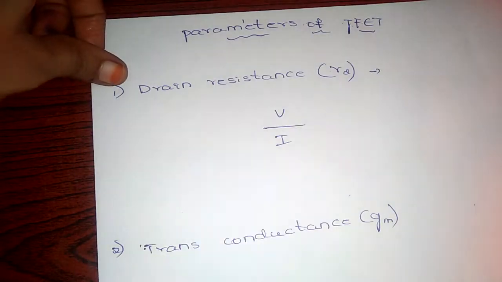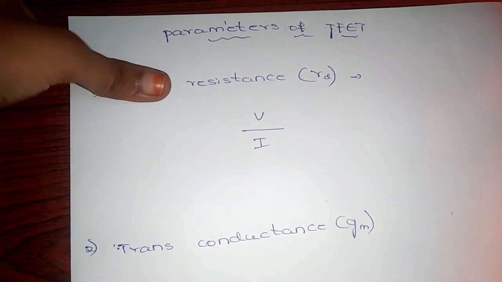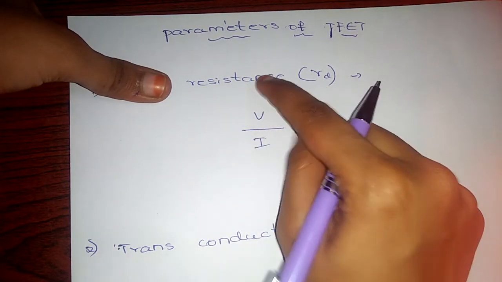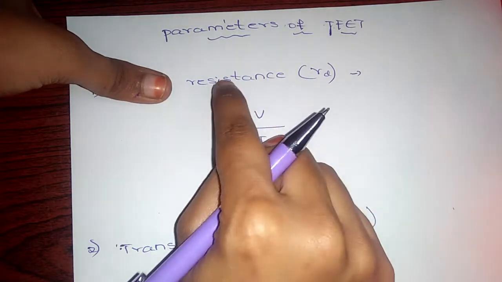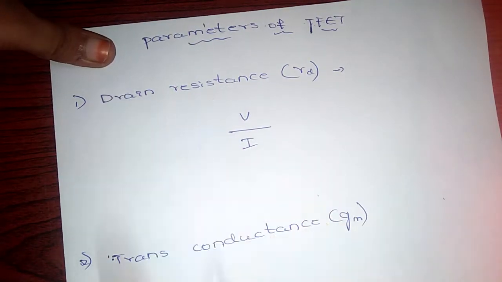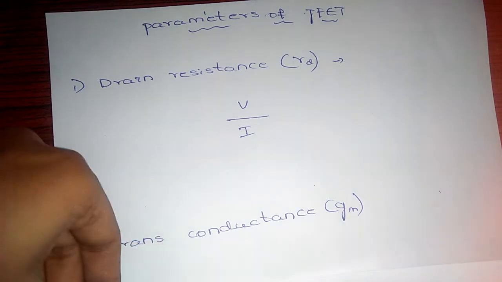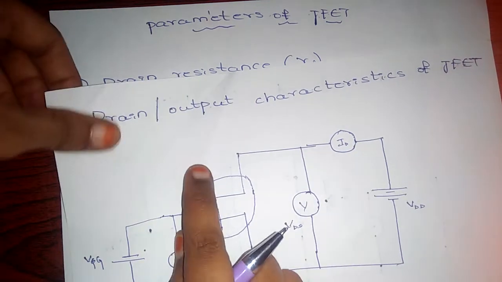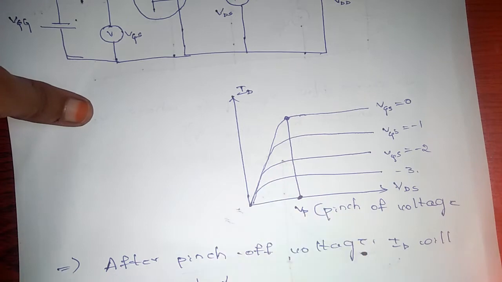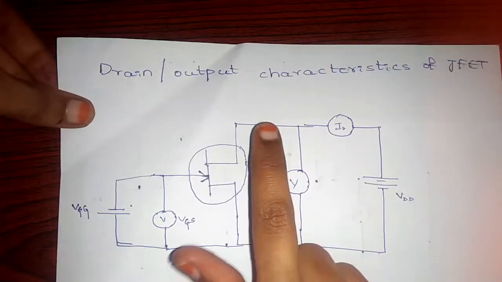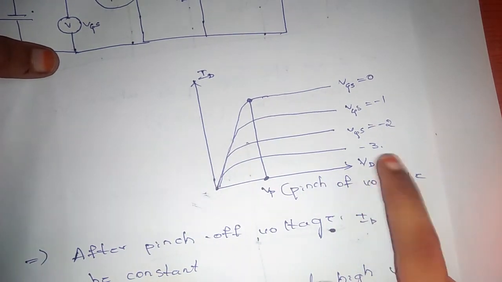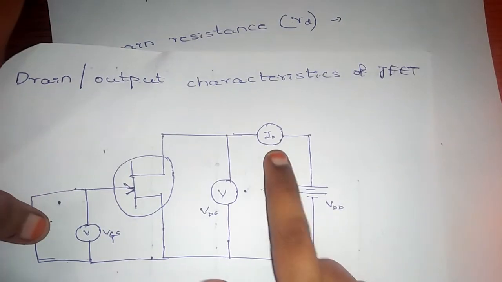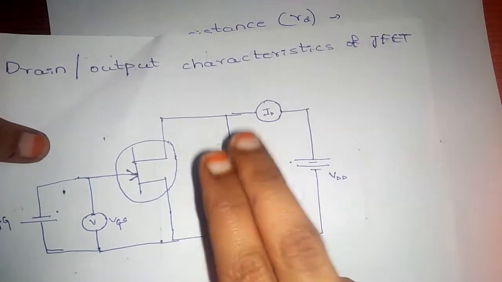So what is the drain resistance? Let the drain be aside. So what is a resistance? Resistance is nothing but the voltage by current, isn't it? Now we have to take the resistance at the drain, meaning output characteristics. So what are the output characteristics that we previously discussed? The characteristics should be taken between ID current and VDS voltages, with VGS constant, isn't it?